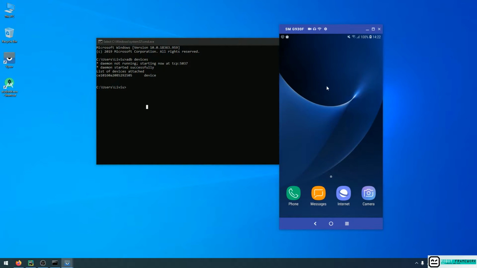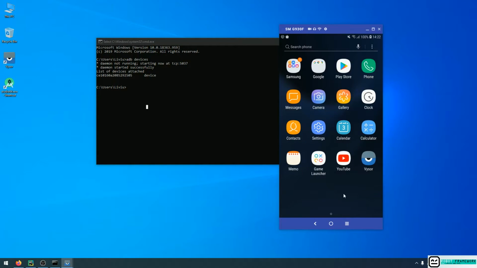The second reason is that I wanted to show you how you actually activate the developer option when you want to connect your mobile device to your PC or your ADB server. If you are using a mobile device that has never been connected to a PC for automation, all you have to do